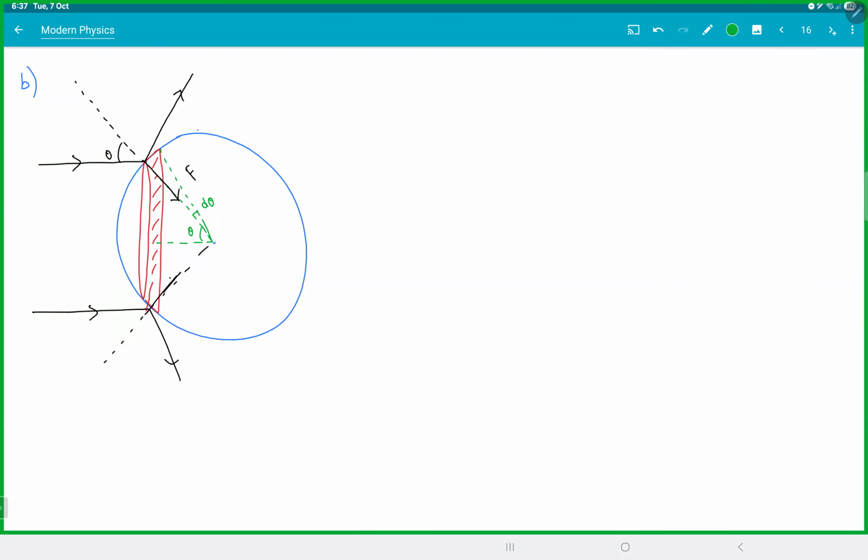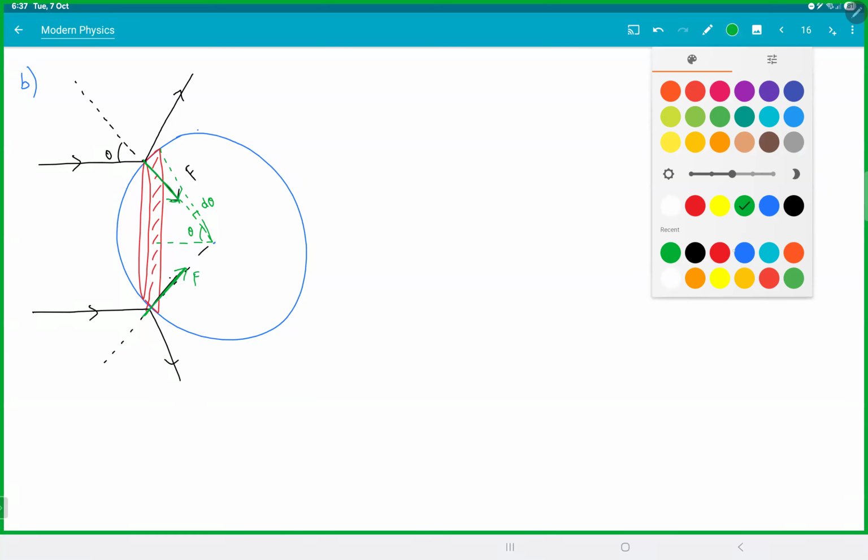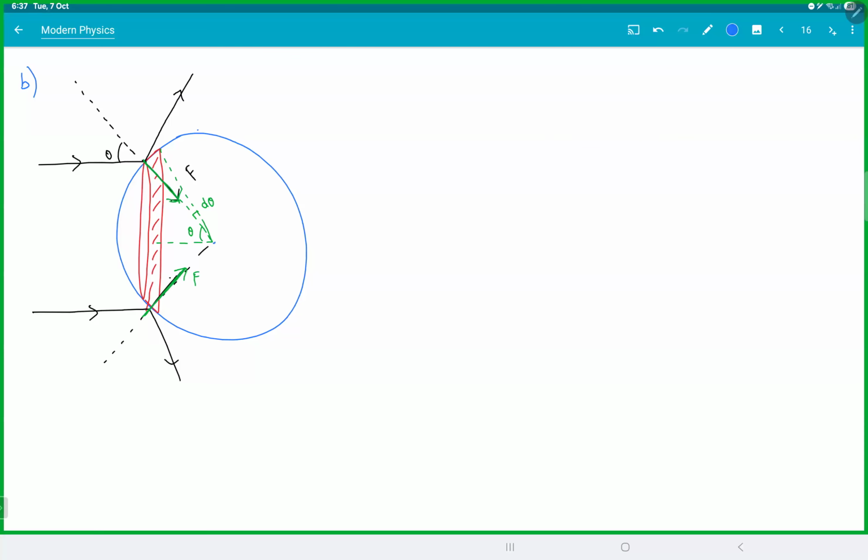Let me use some other color. The force will be along the normal. So this is one of the problems. Whenever you're hitting at an angle, the force will not be horizontal. It will be along the normal. Remember, in an oblique collision, how was the force? Along the normal. So if you take this strip,